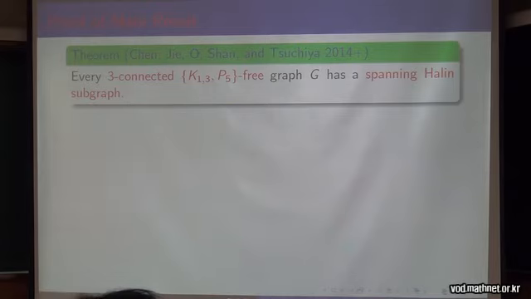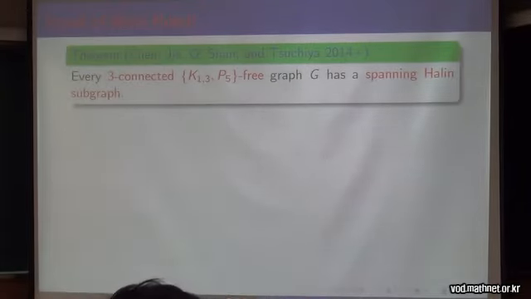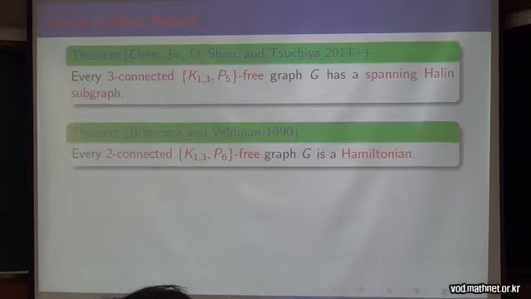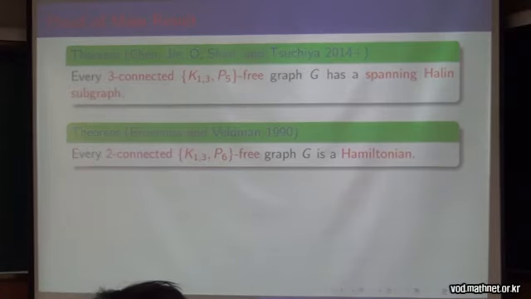So this is the main result. Let me give you a slight flavor of the proof. I'm not going to prove all the things because there are a lot of cases. To prove this one, we need this one: a 2 connected claw-free P6-free graph is Hamiltonian. Well, actually there is a complete characterization of being Hamiltonian for a 2 connected forbidden pair of graphs. You can check. But anyway,